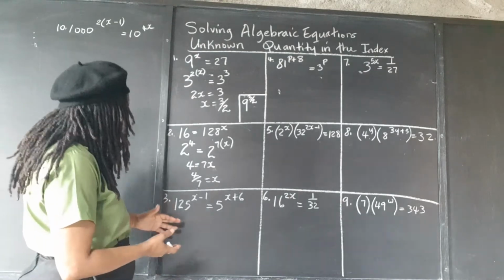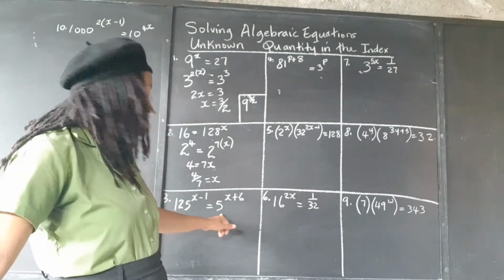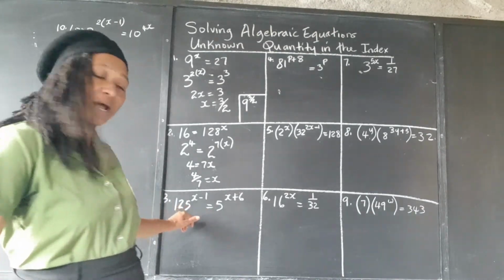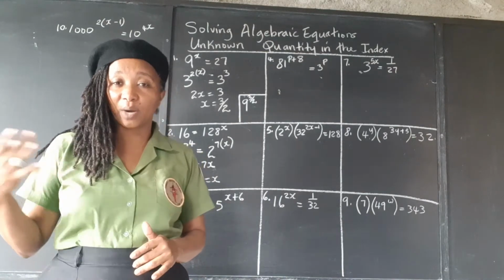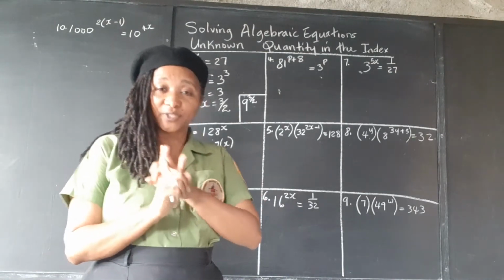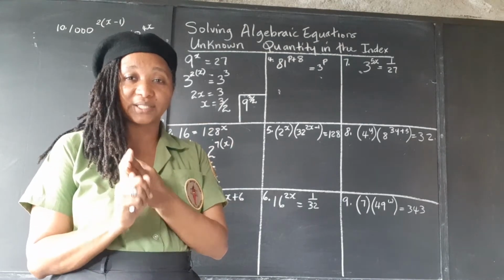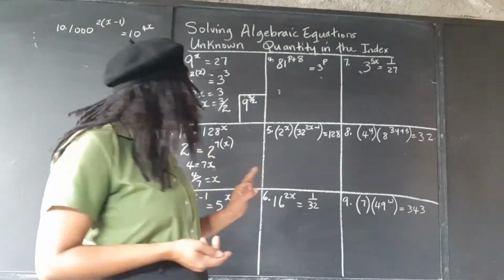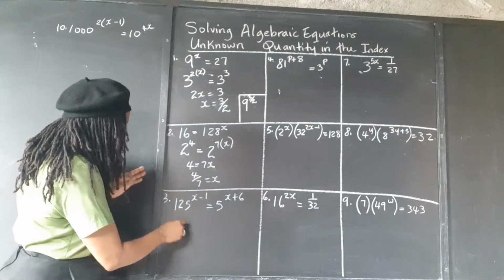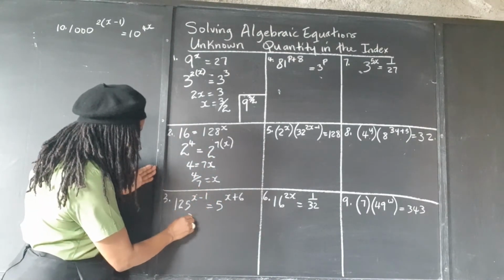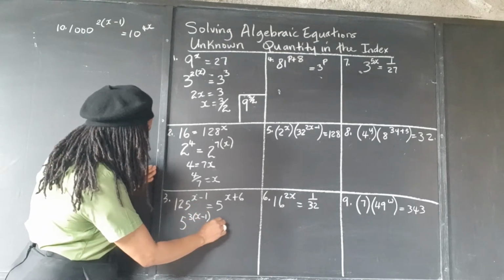Alright, here we have something that gives us a clue. This has a base of 5. That's a clue. So can we rewrite 125 with a base of 5 as 5 to a power? So 5 5's 25. 25 times 5 is 125. So we can write 125 as 5 to the third power. So this is 5 to the third power, and we bracket and put what was there already, equal to 5 to